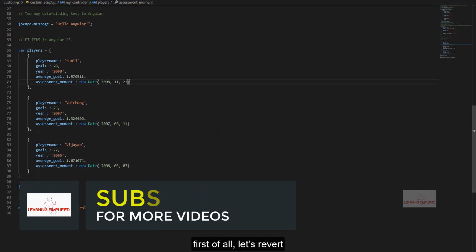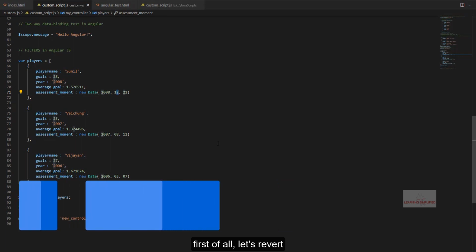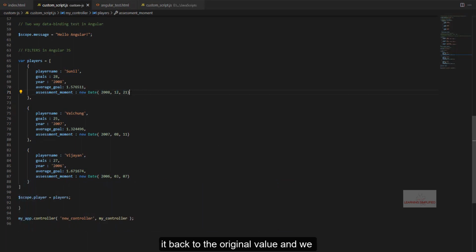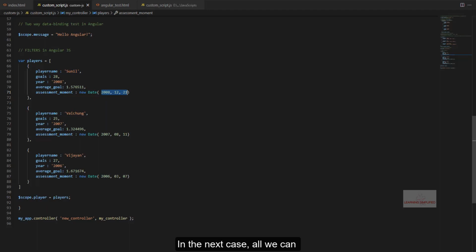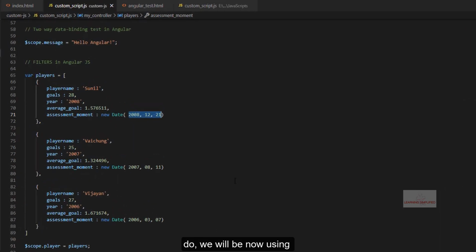First of all, let's revert it back to the original value, and we can see that the value changes to the next year. Instead of 2008, it is now practically showing us the year 2009. In the next case, all we can do is use a different input method here, something like